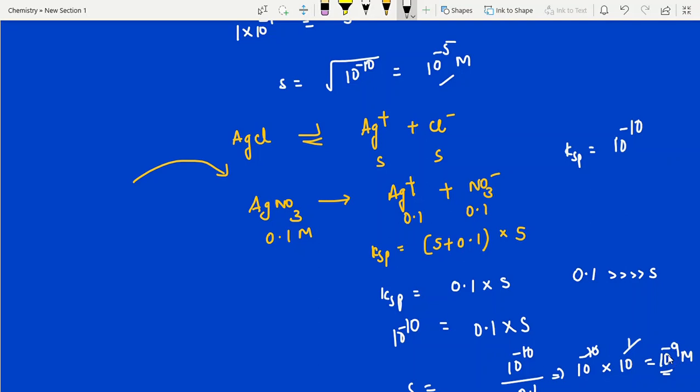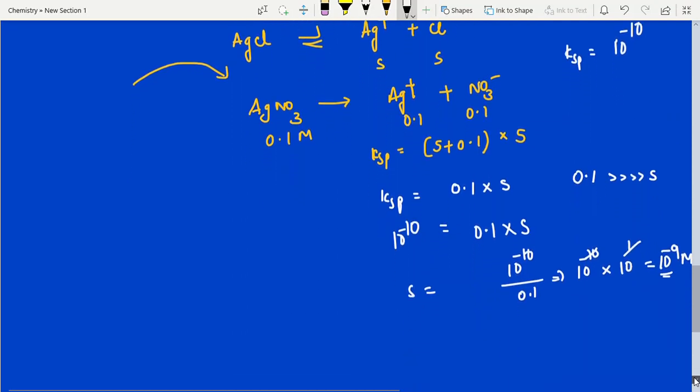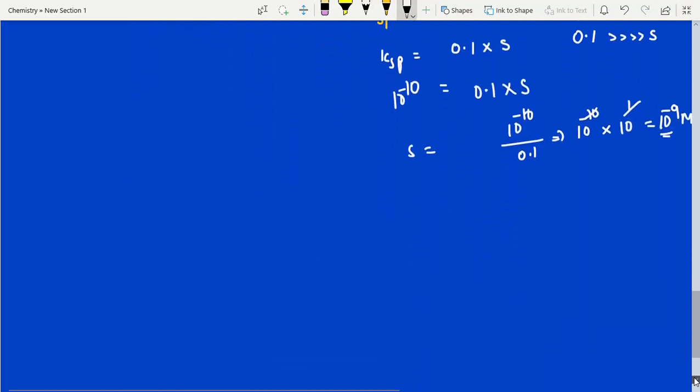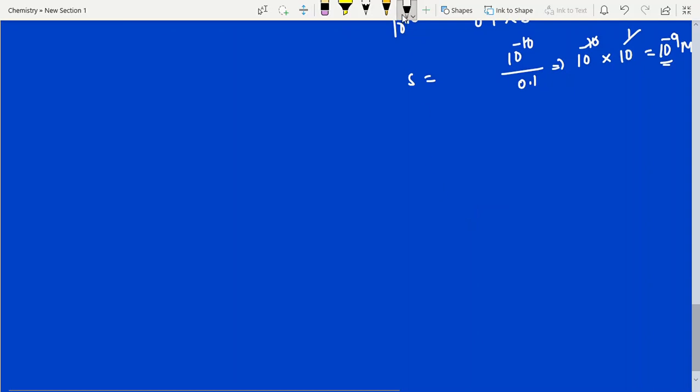Hope everybody understood. If you have any queries, just comment to me. Next video we'll discuss the points. And next, I am giving one question, students. Everybody try to do this one. This is one of the important model questions from 2019. NEET 2019 question. Everyone try to do this one.